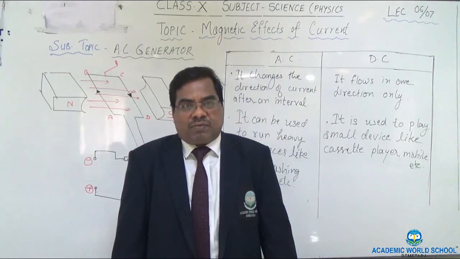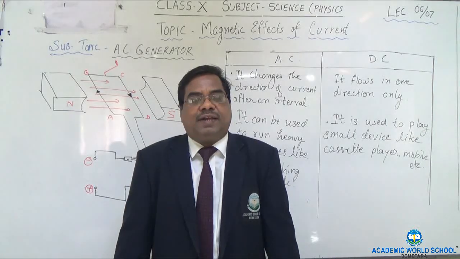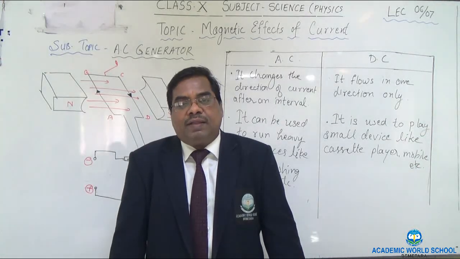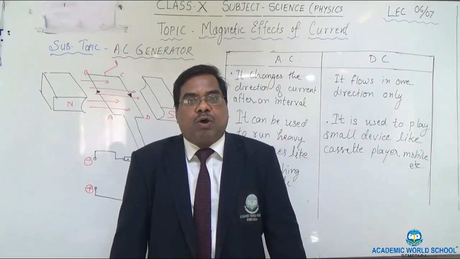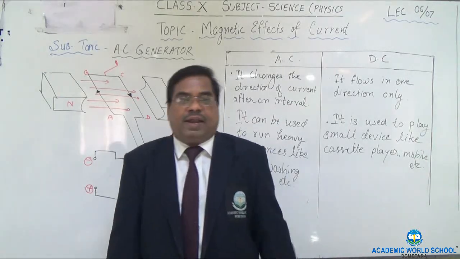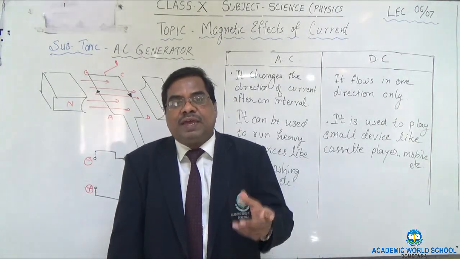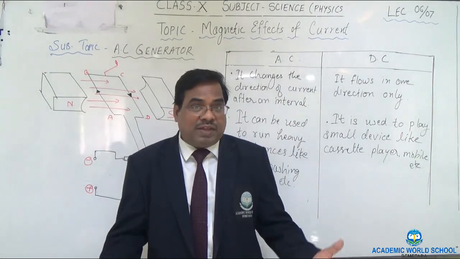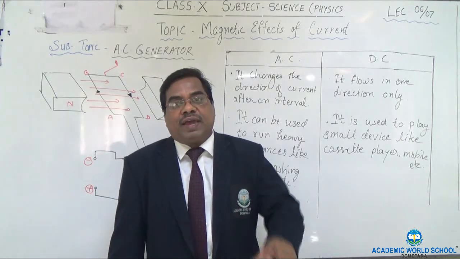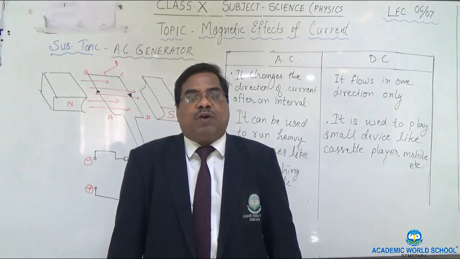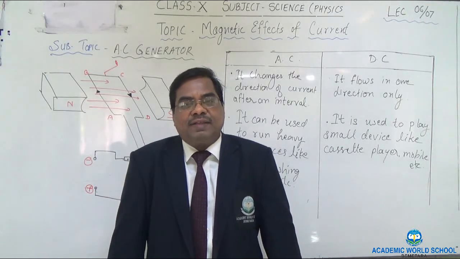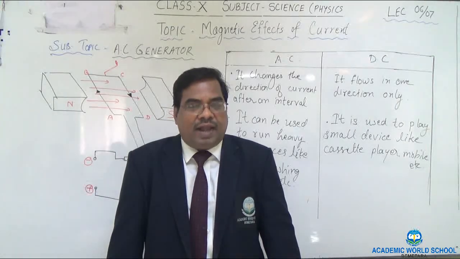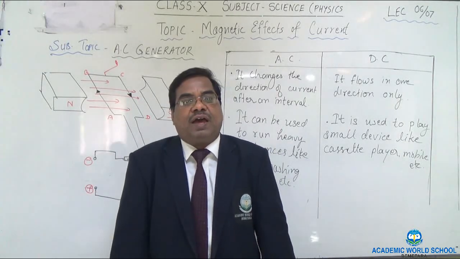In the previous session we have studied that whenever a coil moves in a magnetic field, then an induced current is produced in the coil. Now, if current can be produced by simple movement of a coil in a magnetic field, it's very interesting. Therefore, we can produce as much current as we want by simply moving. That gives the idea about how to produce electricity, and it is the basis on which we are able